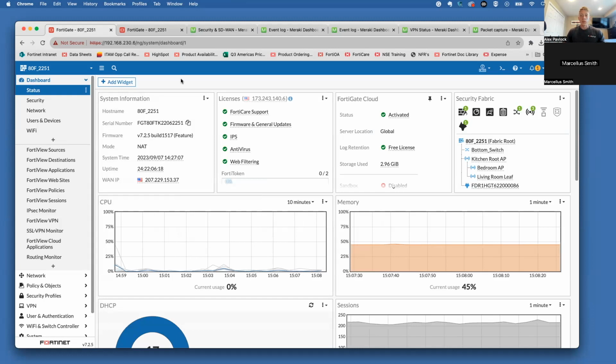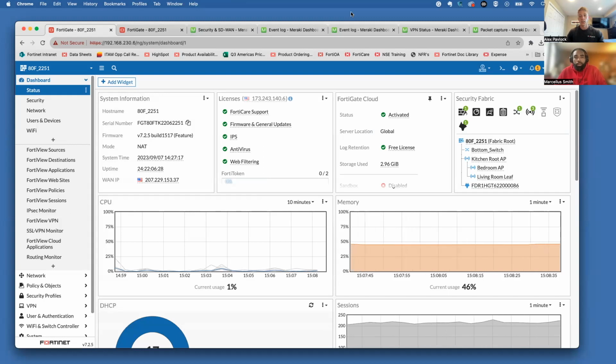To wrap things up here, I just want to go back through again and show you the configurations that we used for this tunnel. Marcellus, if you don't mind just going through the Meraki side very quickly again and showing us what configurations are used, and I'll switch back over here. Yeah, absolutely. So on the Meraki side,